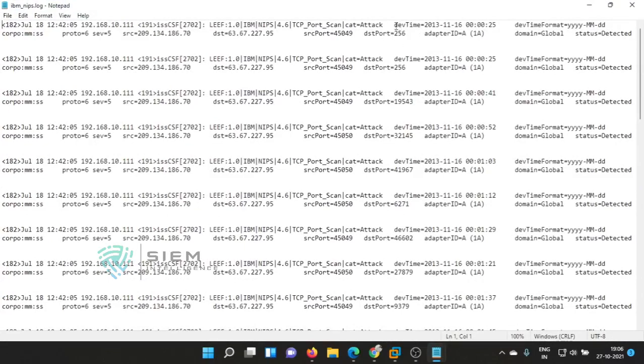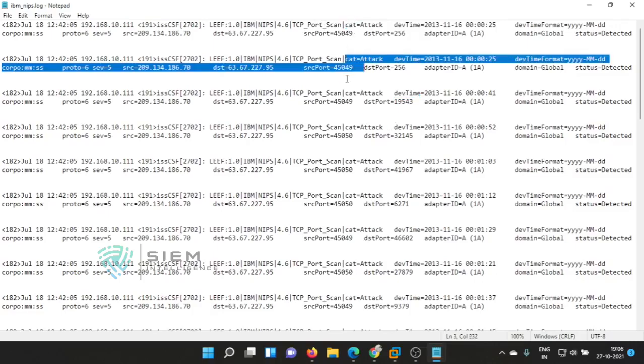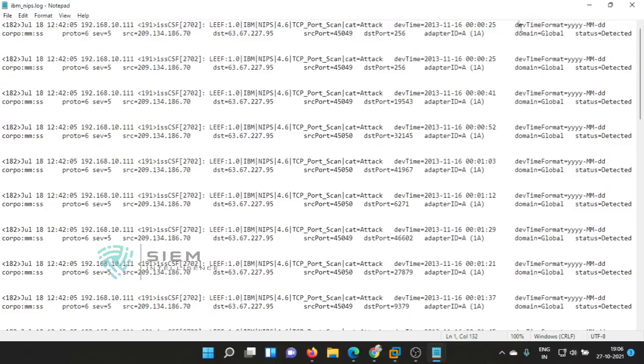See, device time: we have device time in every event, in the same format. And there is the category, the prototype, the severity type, and the source. So we can consider these as our startup points instead of starting from here.